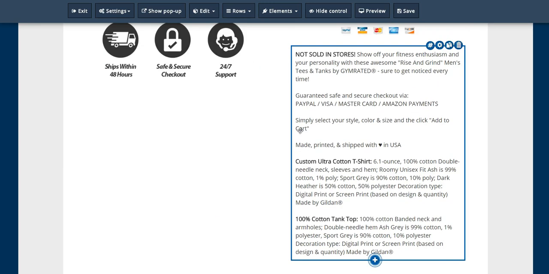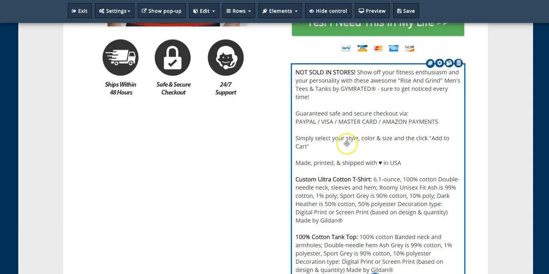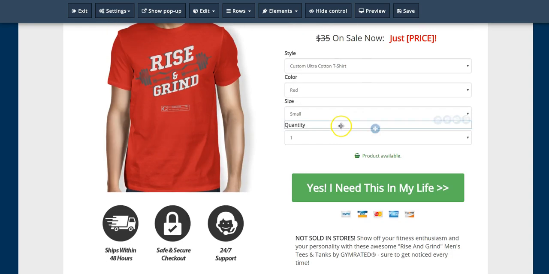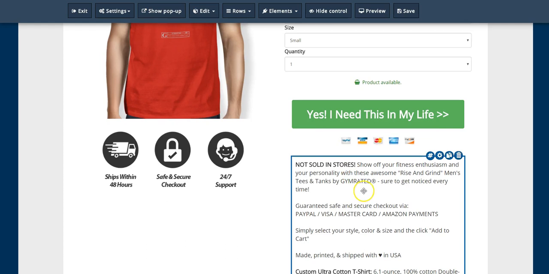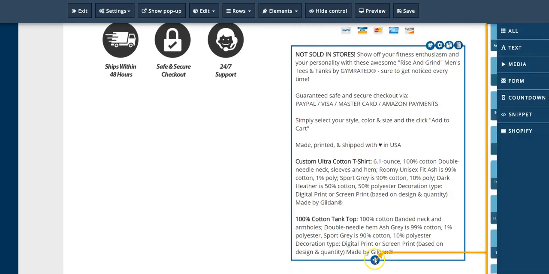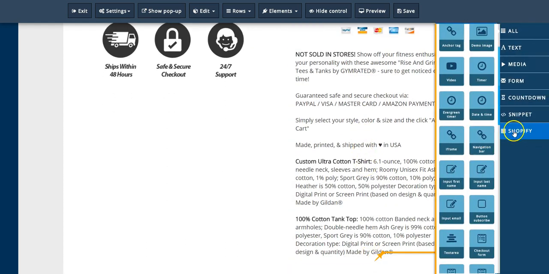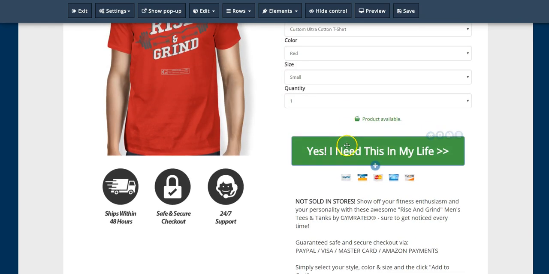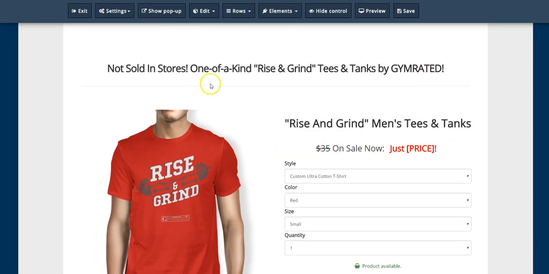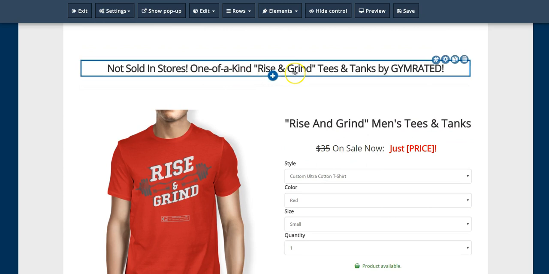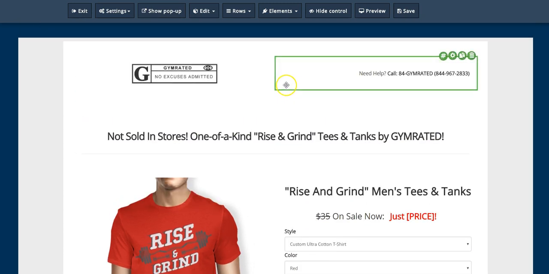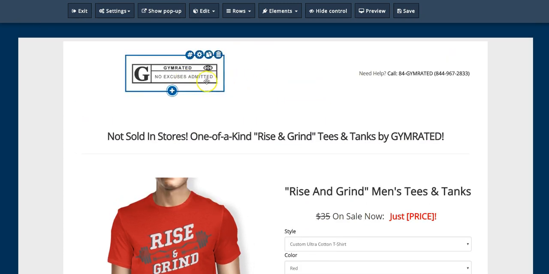So I'm just showing you guys, all this can be pulled from your Shopify store right from inside the app. So if you come here, you can pick variant. You can just come here, Shopify. Once you click on Shopify, you can pick all kinds of information about the product, like the product image, the product variant, all that. So very, very easy to use, powerful. It's an extremely powerful funnel building app, and I think you need to check this out.